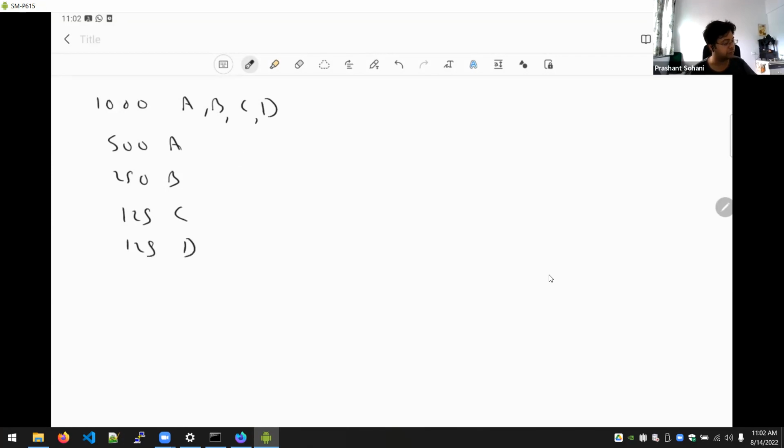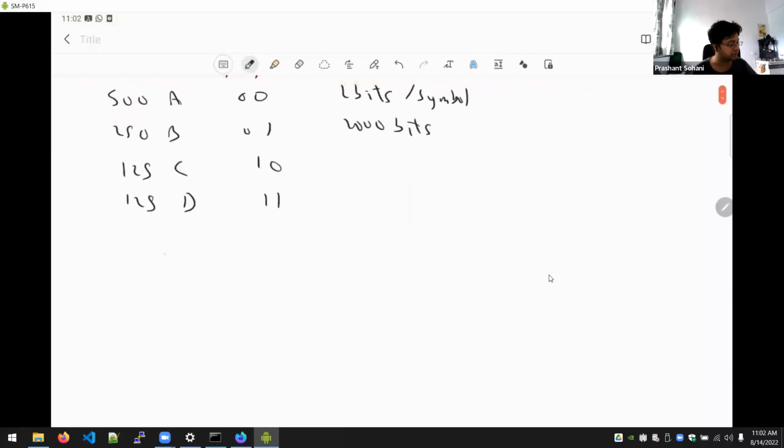We already said that with fixed length coding, if I give a fixed symbol to each of them, then how many bits will I require? I require 2 bits per symbol on average, because my total file size will have to be 2000 bits. So I have to send 2000 bits to send this information. But with the prefix free code that we came up with last time, A is given 0, B is given 10, C is given 110, and D is given 111.